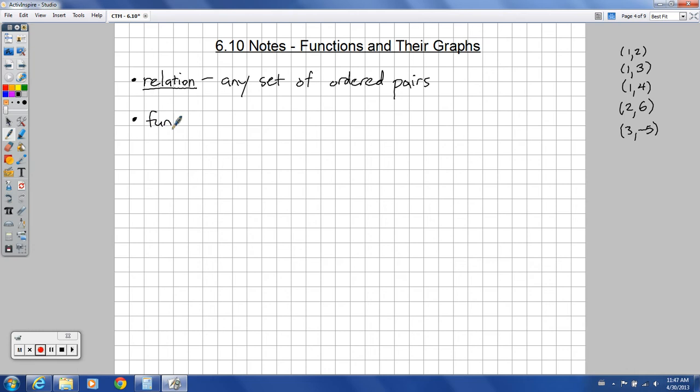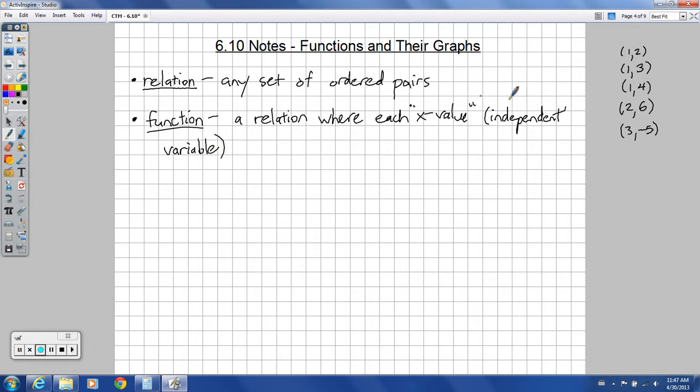A function, however, is slightly different. There's a catch to a function, and there's a little bit extra. So it's still a relation, so it's a set of ordered pairs. A function is a relation where each x value, which sometimes they're not labeled x and y, so it would be the first value or the independent variable in an ordered pair. The independent variable, the one that kind of stands alone, these are our first values we're getting, matches up